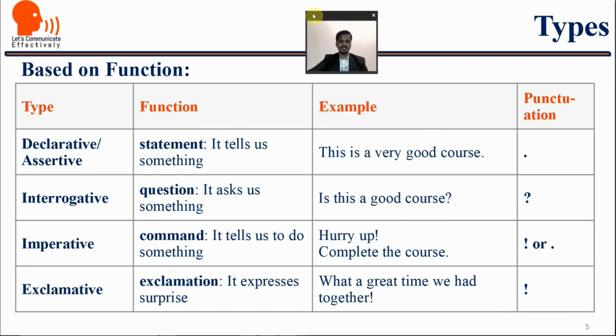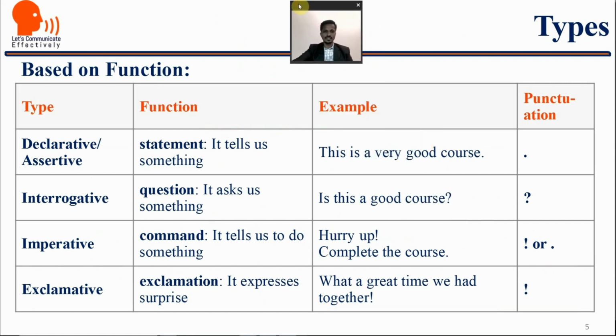Now this is based on their function, how they are divided into various types. I'm not going to focus much on this because this is comparatively easy to understand and most of us have been using them a number of times: declarative, assertive, interrogative, imperative, exclamatory. Declarative or assertive makes a simple statement, it tells us something, like this is a very good course, a simple statement, no question, no negation, no exclamation, no interrogation, and it is identified by the